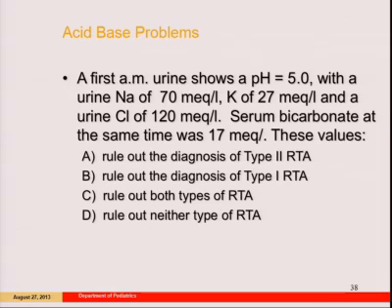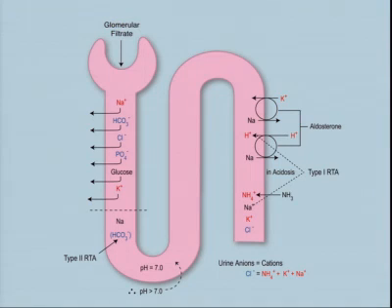Good, rules out the type 1 RTA. I give you these electrolytes and I'll show you why. I don't think this is particularly useful, but it sometimes shows up on boards, more likely if you're taking the medicine boards, but it can be pediatric boards. What we are trying to find out is, does this work? And from my standpoint, if your urine pH is 5, it's pretty obvious that you are excreting hydrogen ion.